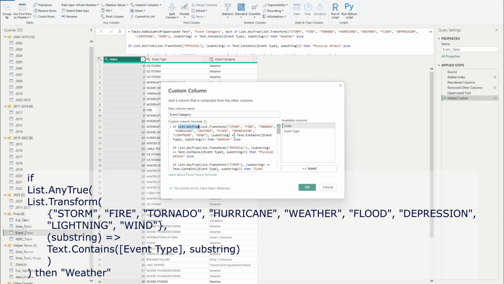So if there's anything within this that's true, then it will return a true. If this is listing any true, that's sort of like a yes. So if it's true, then weather. And that's kind of what's going on here. And then we can employ multiple iterations of this. So we have if it contains storm, fire, tornado, hurricane, weather, flood, depression, lightning, wind, etc., then we want to